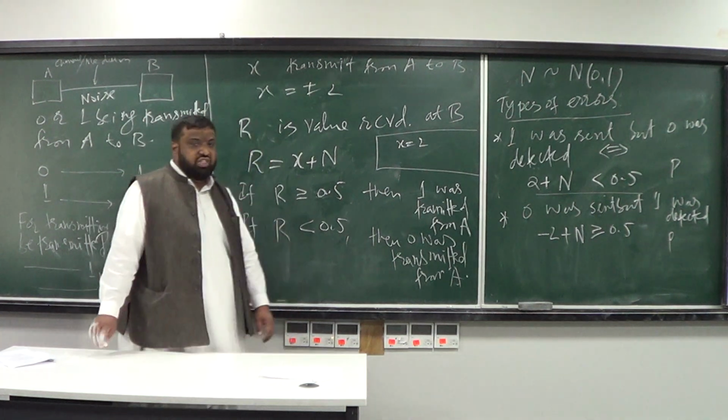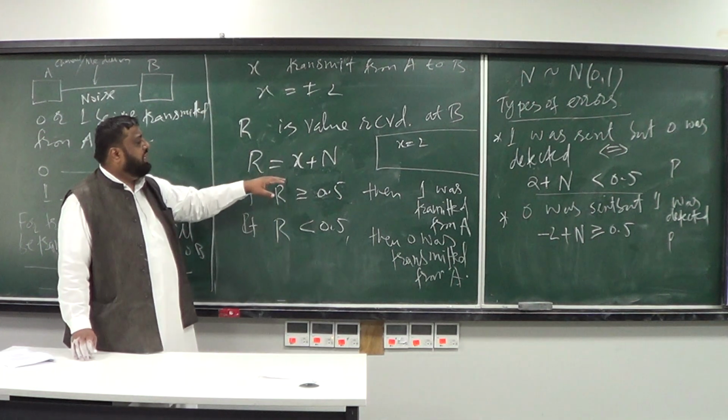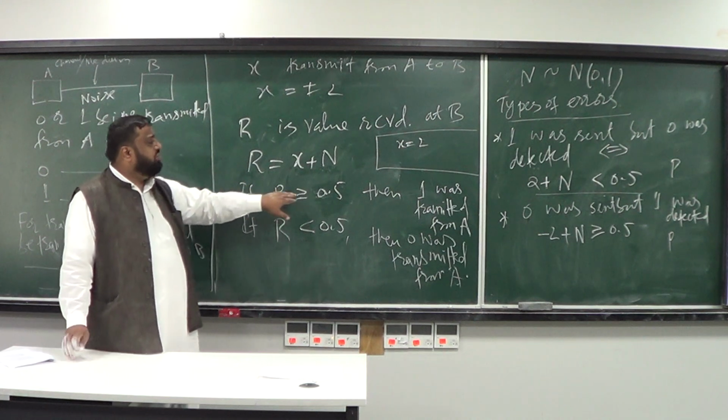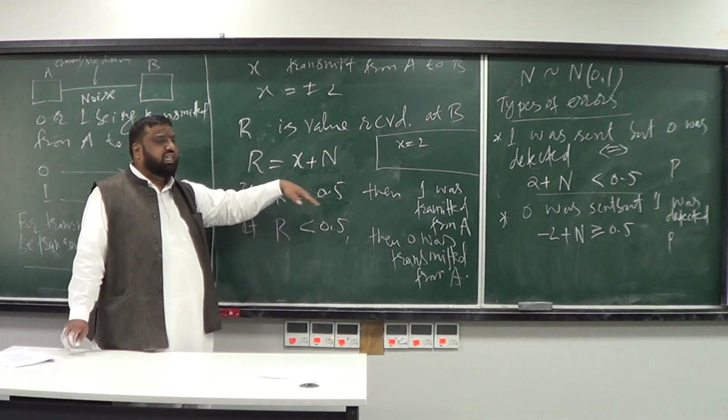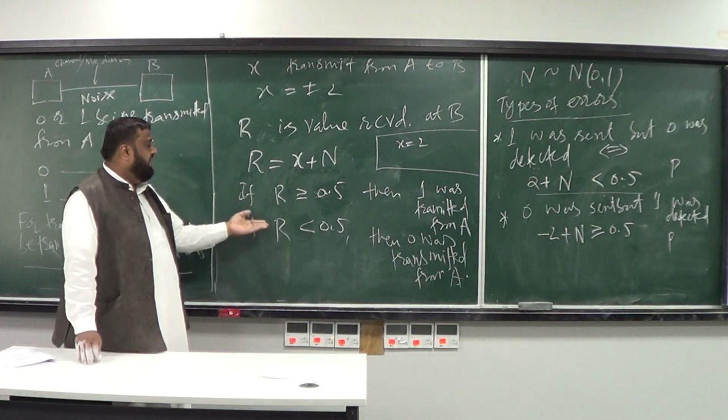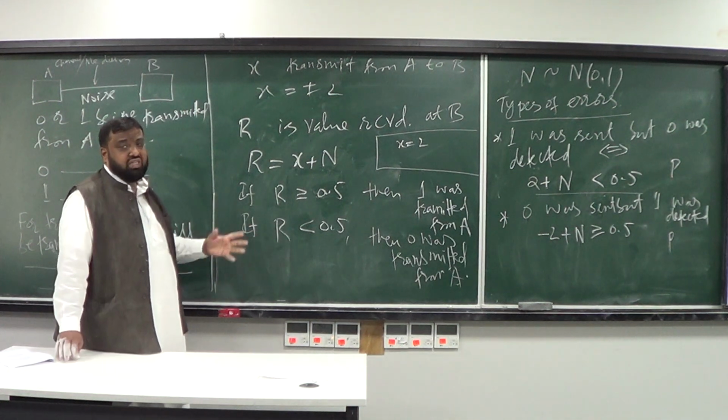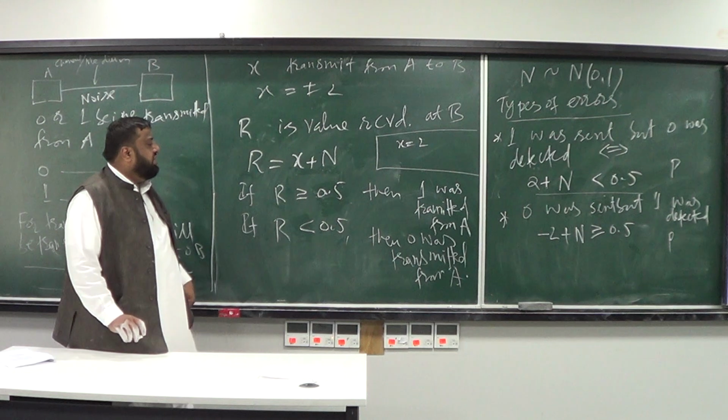So here's the interesting thing. R is x plus n. If the received value is bigger than or equal to 0.5, we're going to say that 1 was transmitted from A. And if R is less than 0.5, we're going to say that 0 was transmitted from A. Question is,